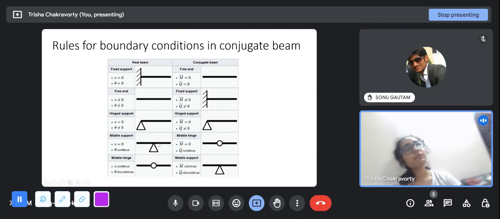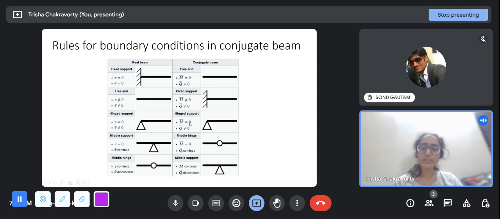to be equal. This is what we saw when we were using the double integration method to get the equation of deflection, like y as a function of x. These were the continuity or compatibility conditions. If at this point the theta on the left and the theta on the right are not equal, then there will be a discontinuity in the beam, and that we cannot allow. That is not a compatible solution, and that can never happen. Just like equilibrium has to be satisfied, another condition that always has to be satisfied is the compatibility or